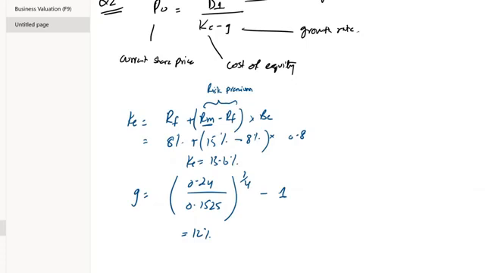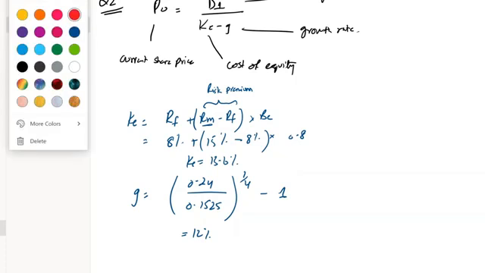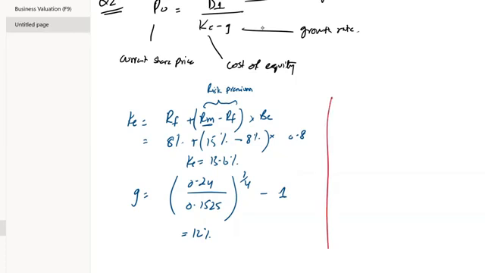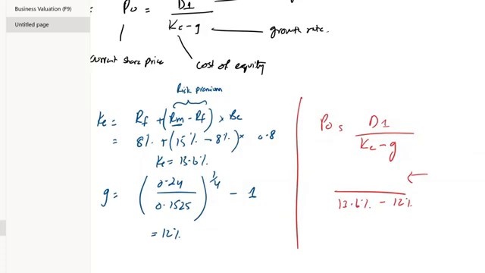Now we need to compute the D1. We have everything that we require in order to compute the P naught except the D1. So let's compute it. First, let's put the values in the formula. Now in order to compute the D1, what I need to do is I need to